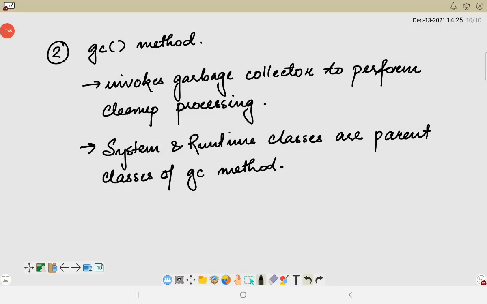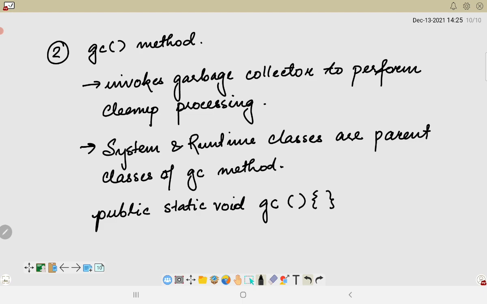It is represented in this particular way: public static void gc. So these are the two different methods which play an active role in the cleanup processing as well as deallocating or dereferencing.